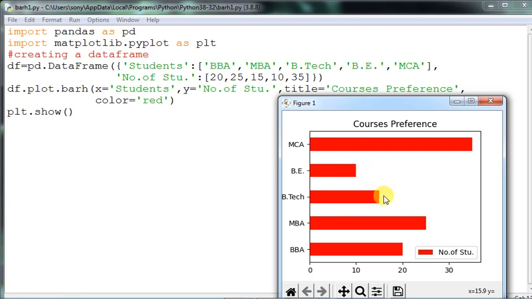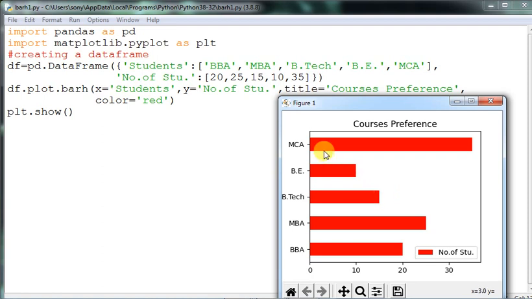Suppose you are presenting this in front of your executive or someone in a meeting. A simple bar graph can give you a lot of information. Maybe we have done it in a very short format, but it can be done in a descriptive format also.